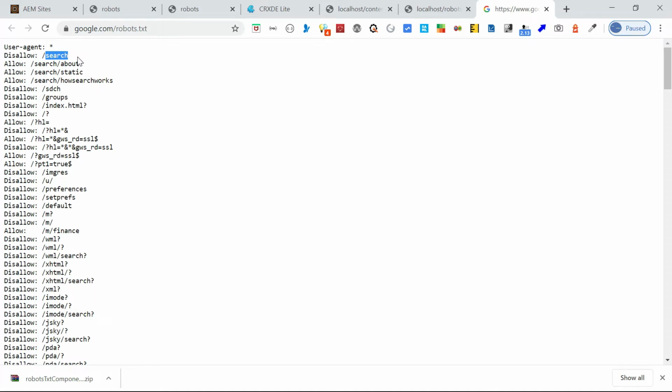In that case you need to use the meta robots tag with the value noindex for the required page to exclude it from indexing.